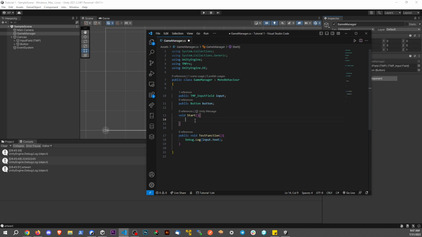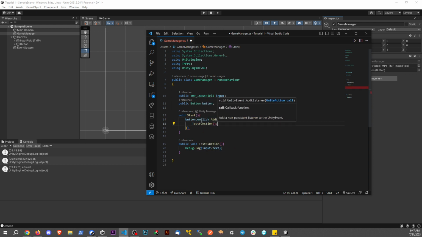So what I'm going to say is button.onClick, so we're accessing the onClick function of this, AddListener. I'm going to set up a callback function, arrow, and we're going to open this up here, and I'm going to say TestFunction, just like that there. So what we're doing is every time this button is clicked here, we're adding a listener to run this function